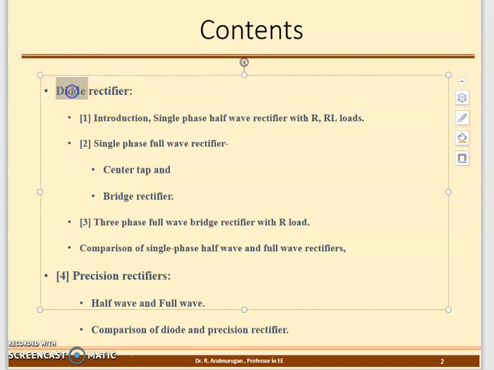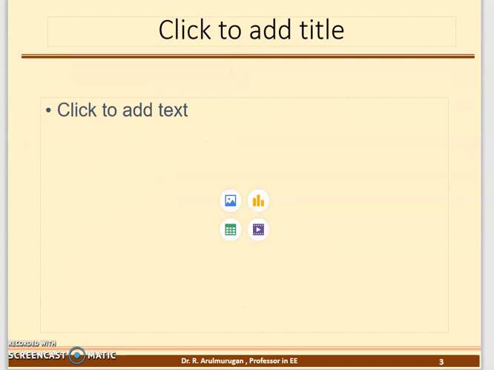What is a diode and what is an SCR? Symbol-wise, when you draw the symbol, this is a diode. A diode has two terminals, anode and cathode. It operates on forward bias. Forward bias means the anode is positive with respect to the cathode. You apply the forward bias and it operates. So this is about the diode.